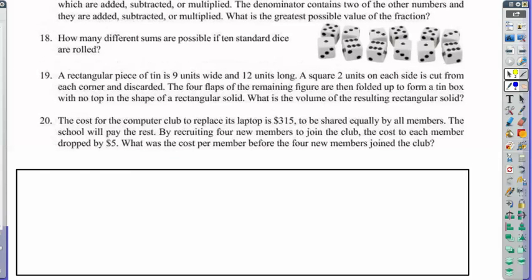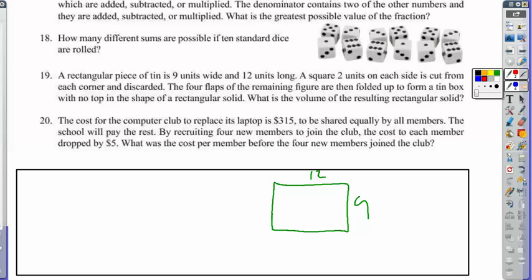Last two. A rectangular piece of tin is 9 by 12, and some squares are cut out of it. It's starting to feel a bit like Christmas. Not a big Christmas fan, but oh well. By 2. Well, that means, and it's asking for what is the, so essentially you're going to take these and